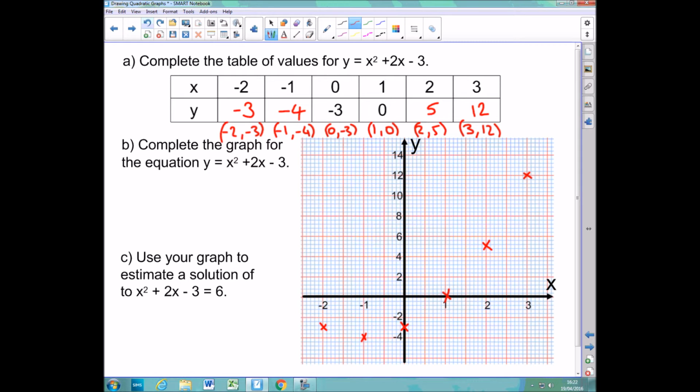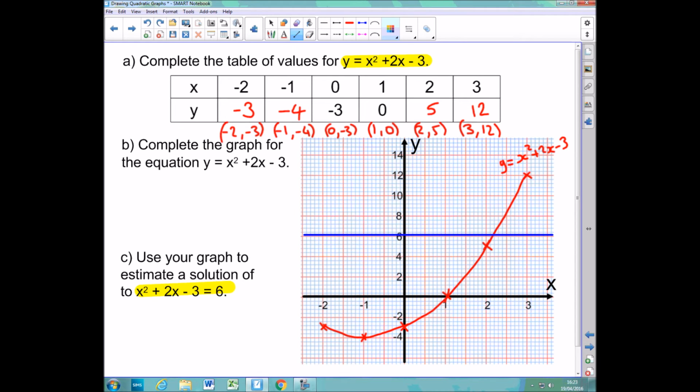So joining this up with a curve or with a ruler, depending on how confident you are with joining it up. And then labeling my graph with its equation, y equals x squared plus 2x minus 3. So again, I've got my equation question here. And again, you'll notice that this is very similar to this up here. The only difference is that I have this 6 at the end. So I'm going to start off by drawing y equals 6 in, which again is a horizontal line going through